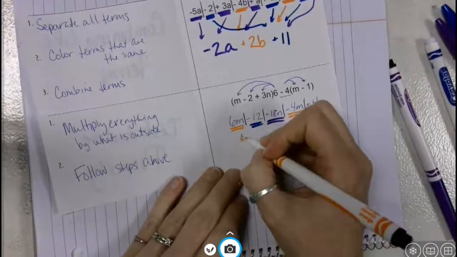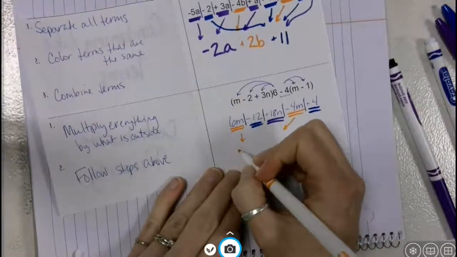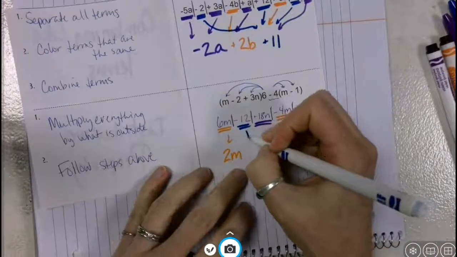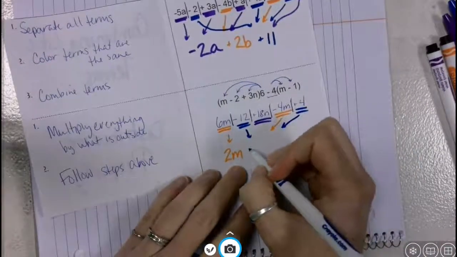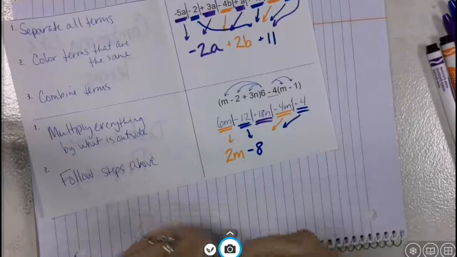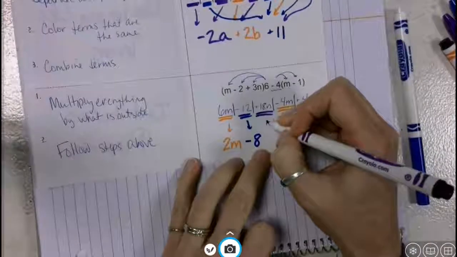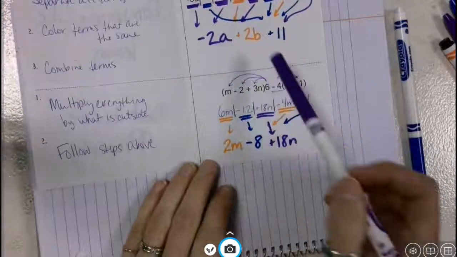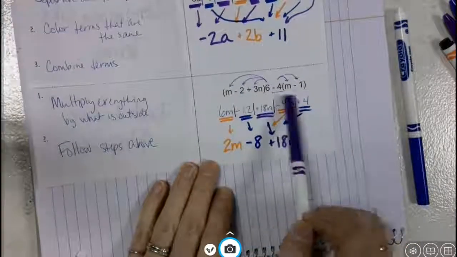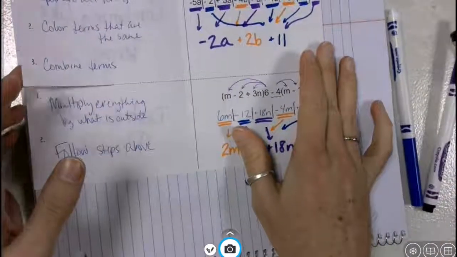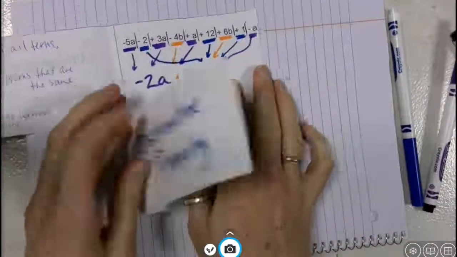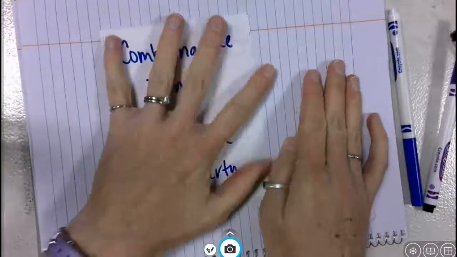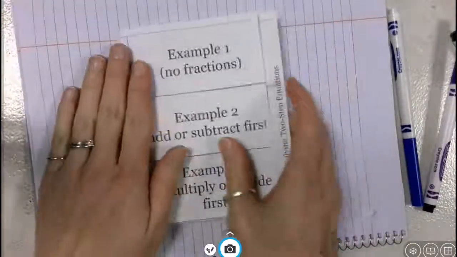So 6m minus 4m gives me 2m. A negative 12 plus a positive 4 gives me a negative 8. And then there was only 1 with an n, so I can go ahead and write that in, plus 18n. So I've not only just combined the terms, but I've also simplified using my distributive property. Okay, so that's going to come into play a lot here in the next bunch of lessons, is combining those terms. Okay, so now we've gotten this one, we can put that aside, and now we're really going to dive